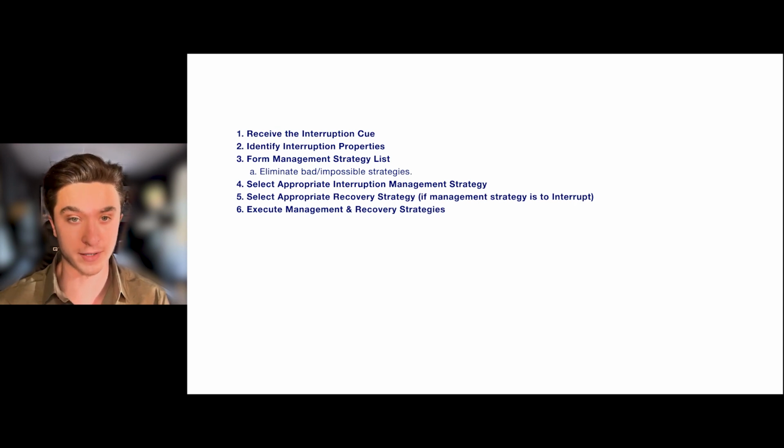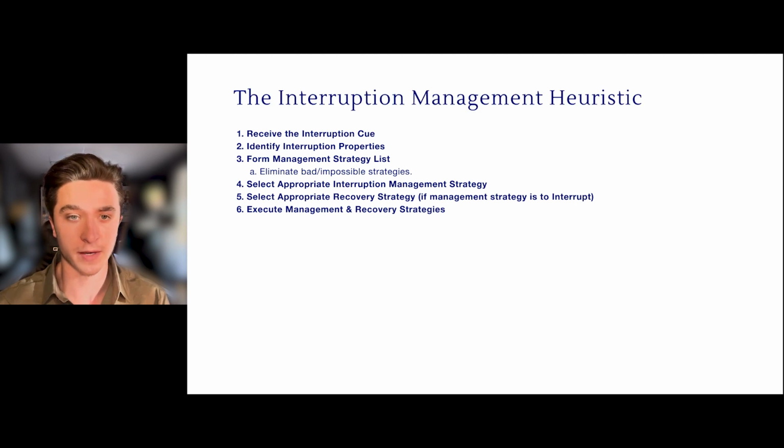This full breakdown that you see here is called the interruption management heuristic. And the goal here is for it to become an automatic process, something that you use while not even having to think about it, just like riding a bike or driving a car. Now, let's use this heuristic to go through different kinds of clinical situations. So the first one up